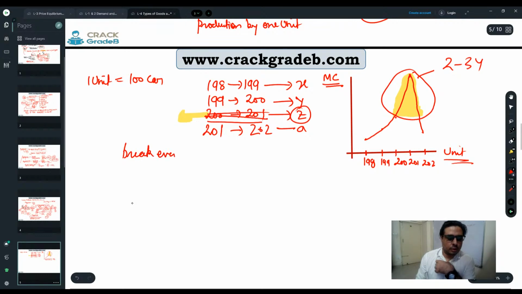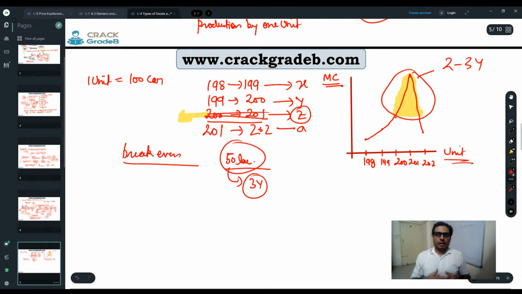break even. Do you understand what is break even? Suppose that I have started my business with an investment of 50 lakhs, right? And whatever the cost I have invested, I was able to recover only after 3 years. So whenever you recover the initial cost which you have put for the production, only then we can say that it is a break even point. Means all the initial cost which we have put in terms of investment is recovered.